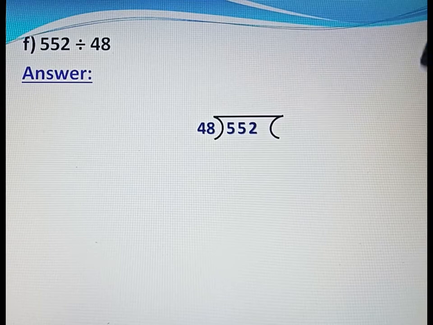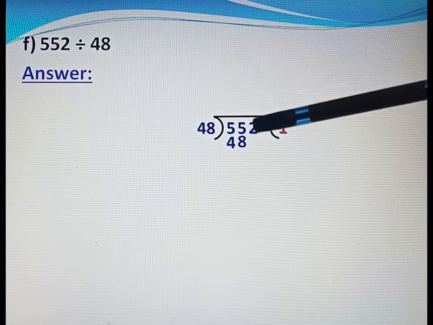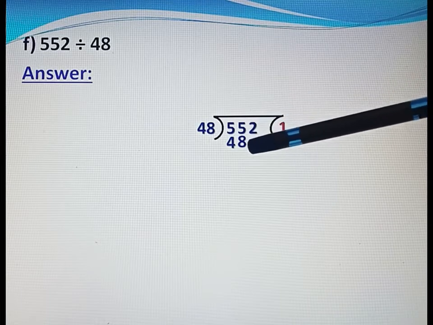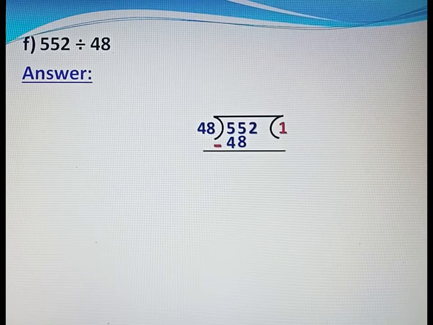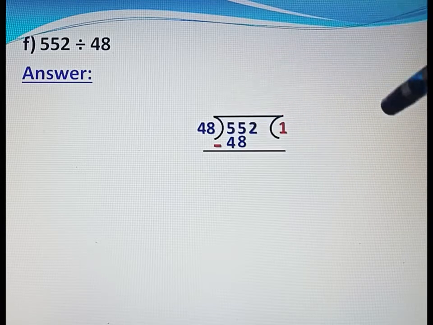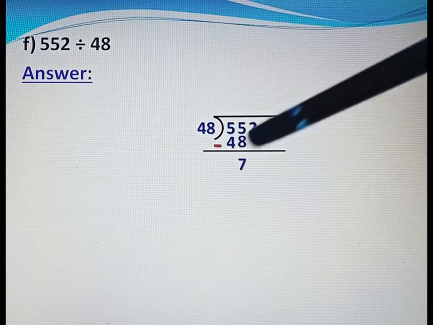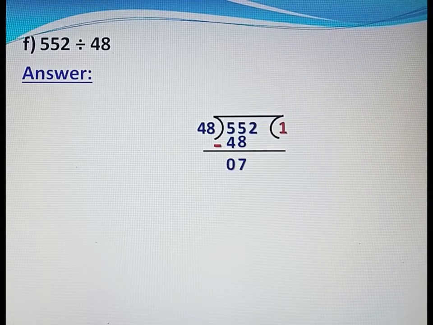Multiply 48 by 1. 48 1 ja 48, and then we will do subtraction. You can easily subtract 55 and 48. This 5 is smaller than 8. So we will borrow from the next number, that is 5. It will be 4 and it will be 15. 15 minus 8, 7. This 4 it becomes 4 minus 4, 0. And then we will take the next number, that is 2 here, right?